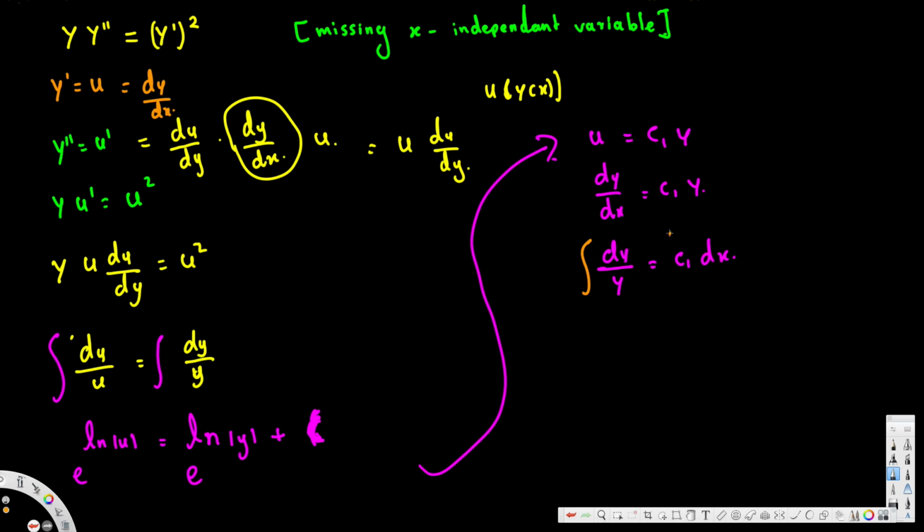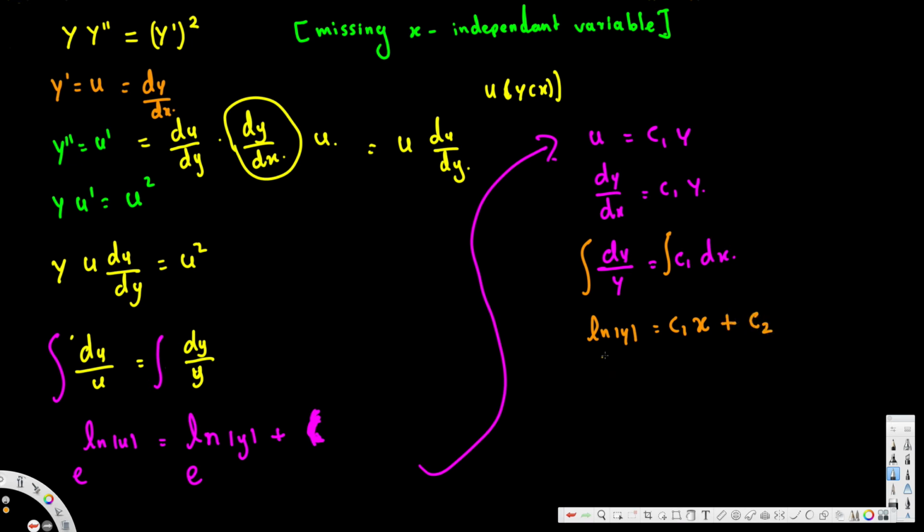Integration of 1 over y dy, that's going to be ln of y, and integration of this one, c1 remains the same, so c1x plus another constant